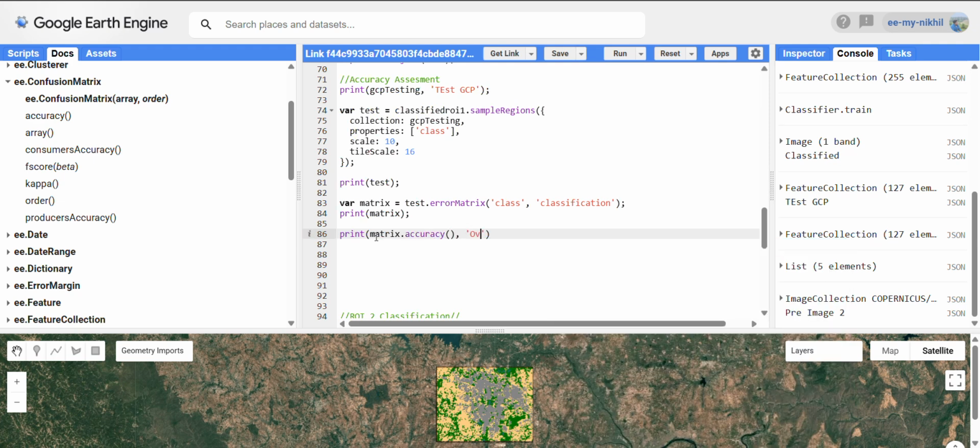Rename it as overall accuracy, and again print matrix dot consumer's accuracy, rename it as consumer's accuracy,